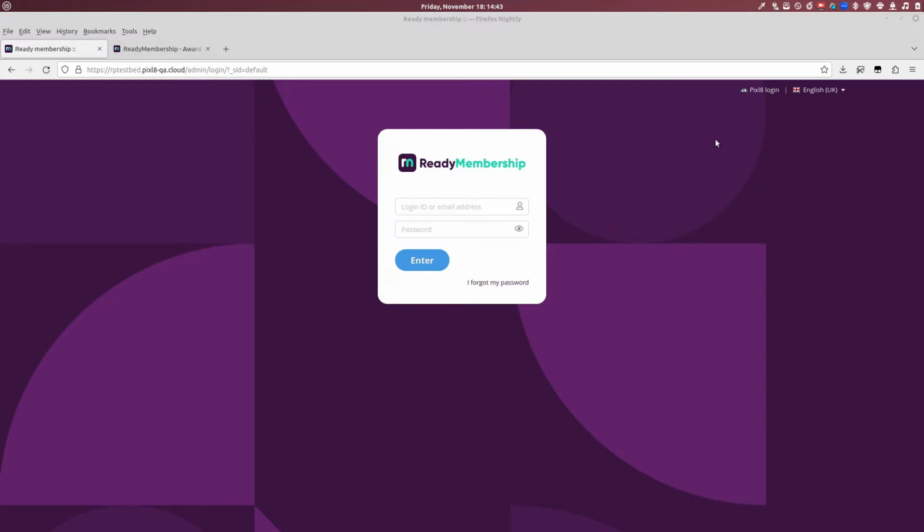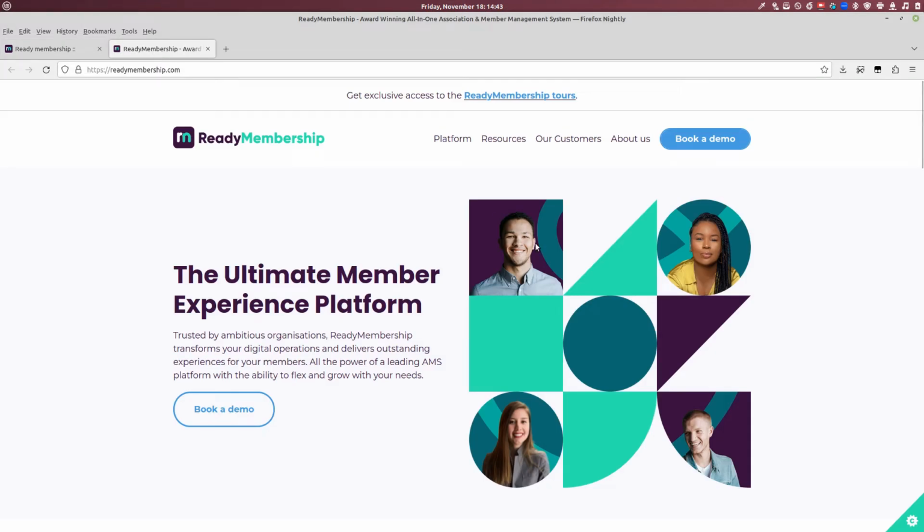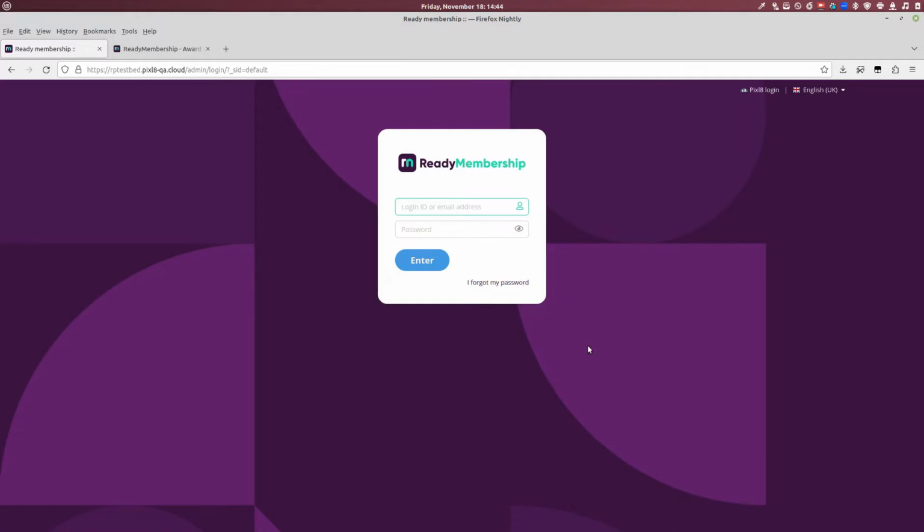So I'm going to demo it using our Ready Membership platform. Ready Membership is a platform by Pixelate, a membership experience platform, membership management, all that kind of jazz. It's pure play Preside under the hood with lots of our own customizations. I'm demoing in our local team test environment, so some of the content may be a bit janky, but hopefully